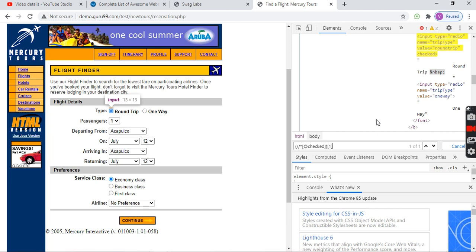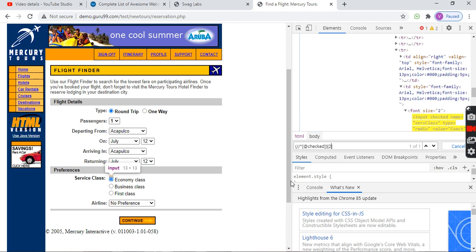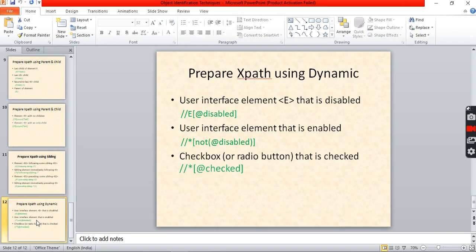Right? Now it is already highlighting that one. But I want to identify the second element. You can use this. It means what actually? So this is checked. The element which is checked. Again you will be getting bus. If you are always using star, it will take a little time, right? So better you use the respective element. Yes, you can use input. Why? Because input tag. Getting? Fine. So that's all about the XPath.